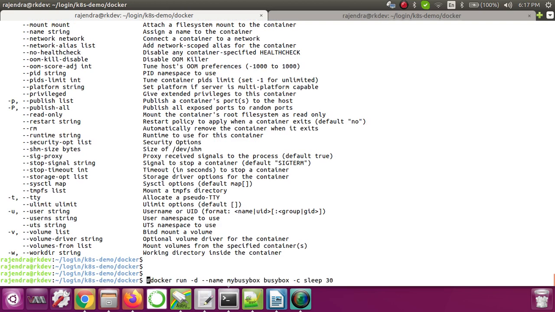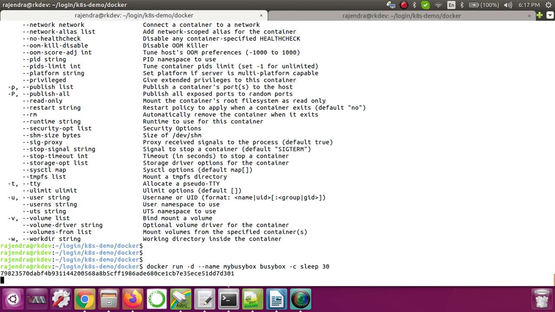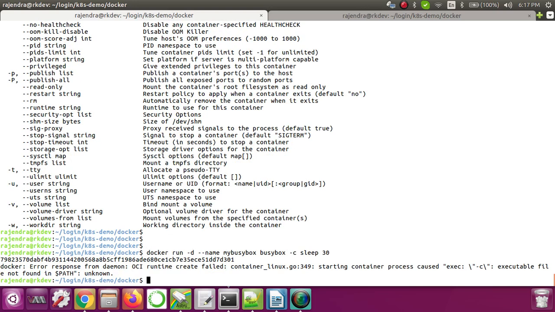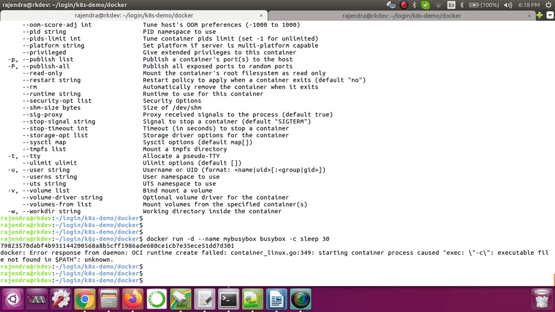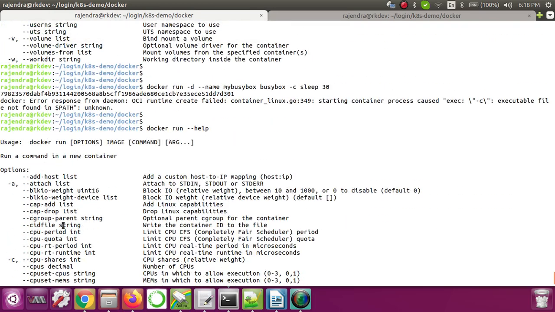So for that what we do is, instead of -c, or let me try this first. What is it saying? Starting container process caused exec -c executable file not found. So let me do one thing, let me do the run help. We should see something.